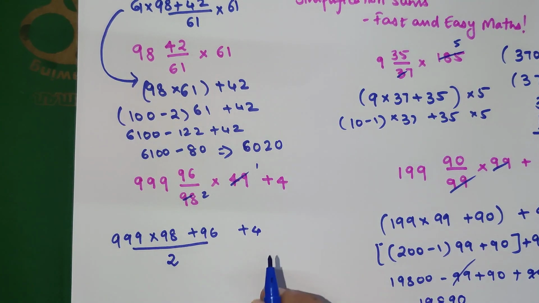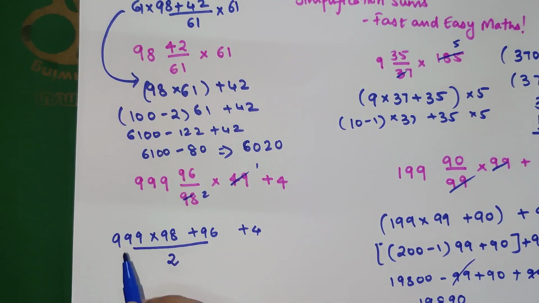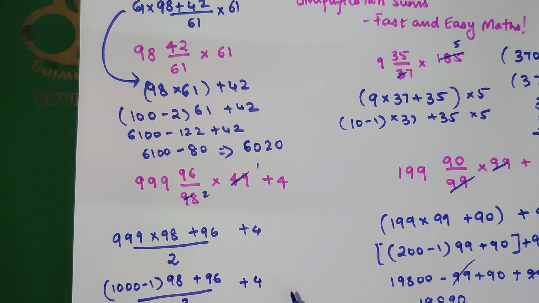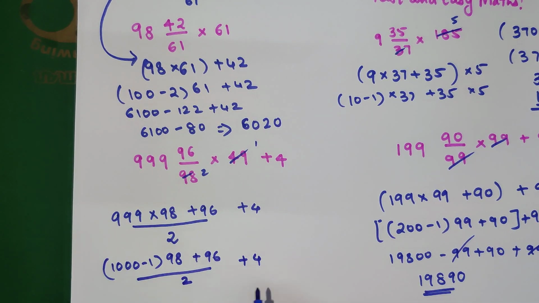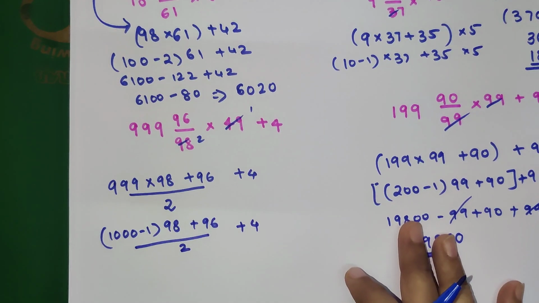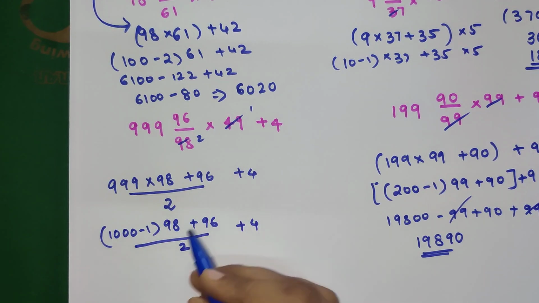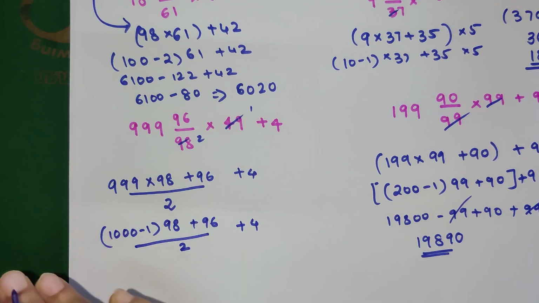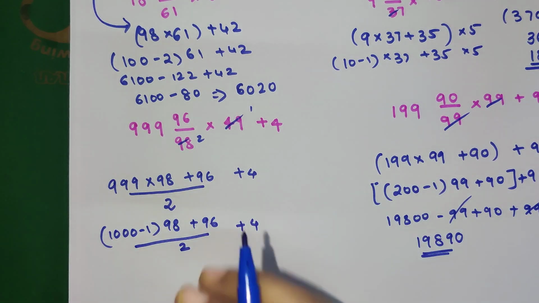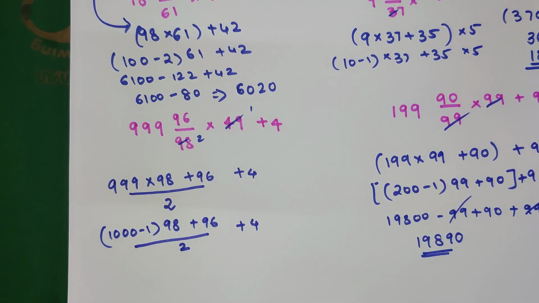conversion to improper fraction. Okay, and then you have 1000 minus 1 into 98 plus 96 upon 2 plus 4. Now understand, here you have a plus 4, you do not have multiplied by 4. A lot of students make a mistake and cancel this and this. No, you can't do that. It is never going to work, especially when you have a plus 4. Okay, you can do the cancellation only and only if your numerator is completely getting multiplied, there is no plus minus sign, and there is another number which is completely getting multiplied. If there is a plus or minus sign in your numerator anywhere, then you cannot cancel it.